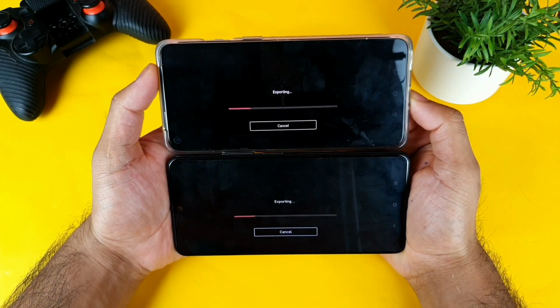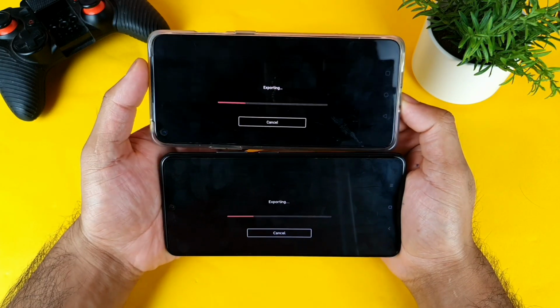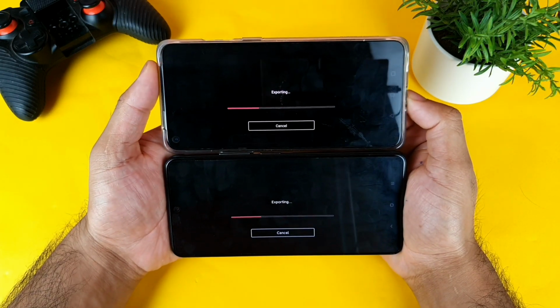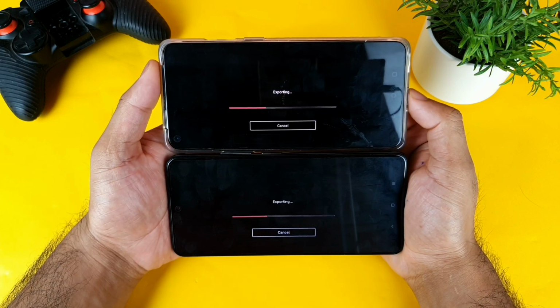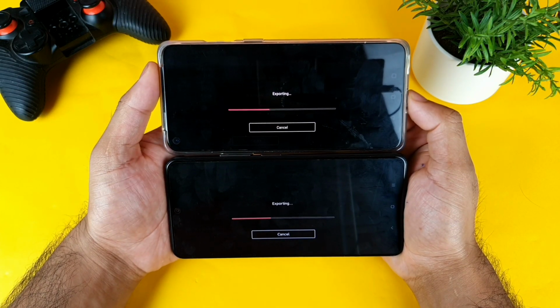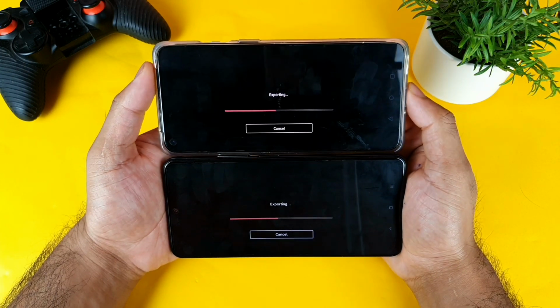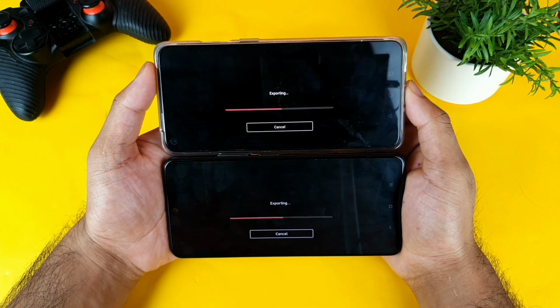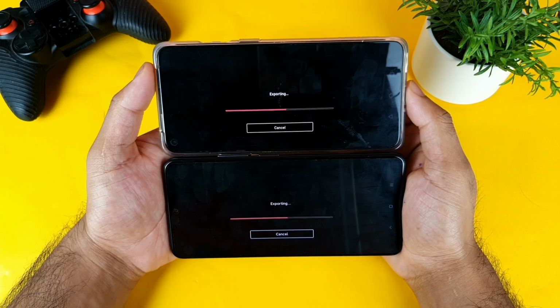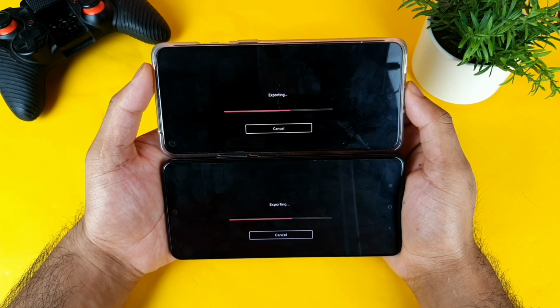I think both phones are doing about the same. Till now, both are going on equally, as you can see, friends. If you're rendering or exporting to 1080 resolution, that doesn't make much difference.